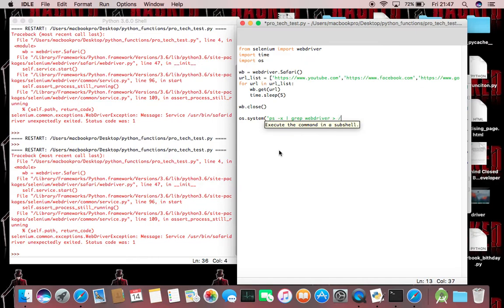It's gonna be users MacBook Pro. This is gonna be the path where we want the file to be. So I'm gonna put the file in user MacBooks, and I'm gonna call the file kill UID web driver.txt. Okay,